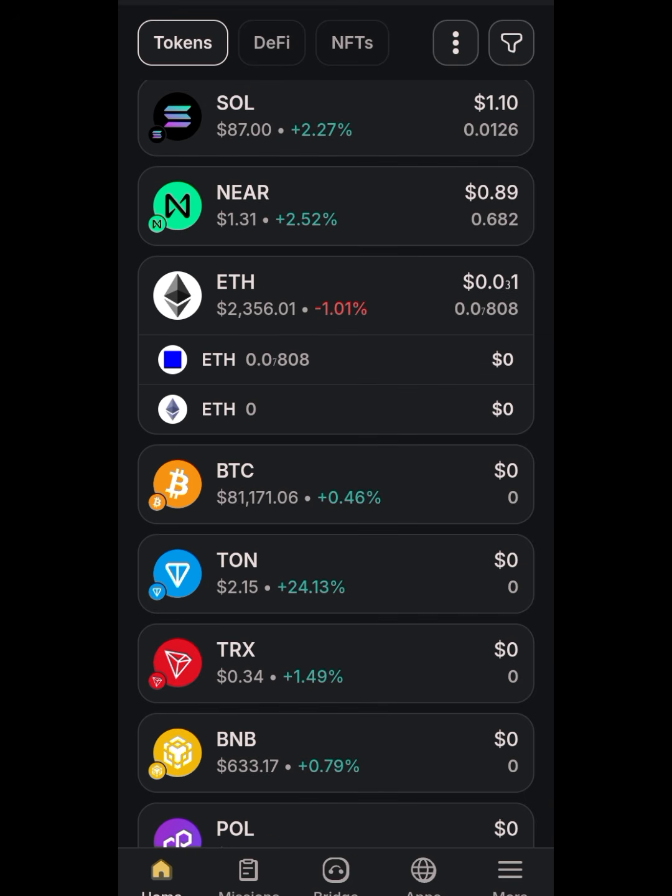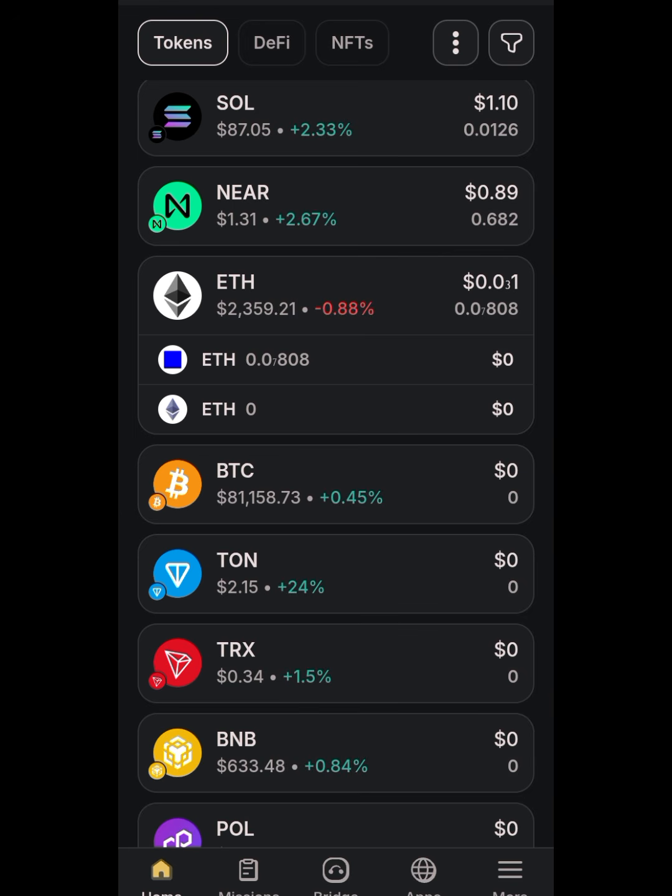exploit, right? So what I have to do now is bridge this from one network to the other, and the first network I have is Solana. So in this video I'll be bridging from Solana to the Near network. Now the Near network is where I want the money to be in. Once it's bridged from Solana to Near, I'll send it then to the place I'll be exploiting the price difference